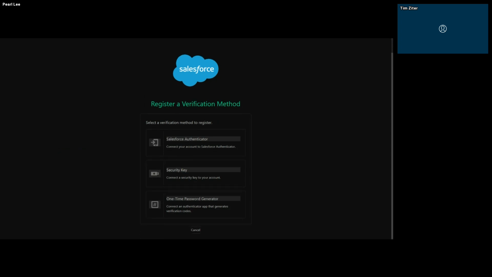Now, do you have a Salesforce Authenticator? Yes, but now I have to find my phone. It's in another room. No problem.